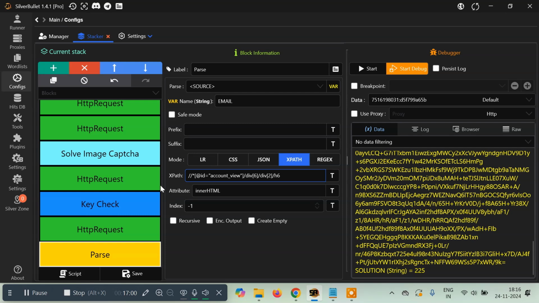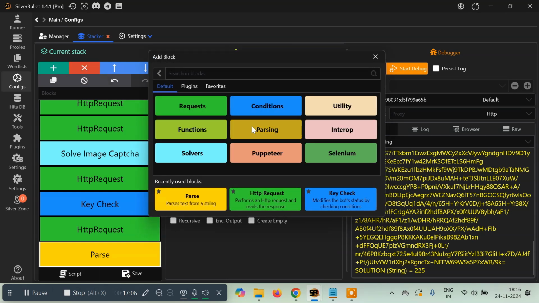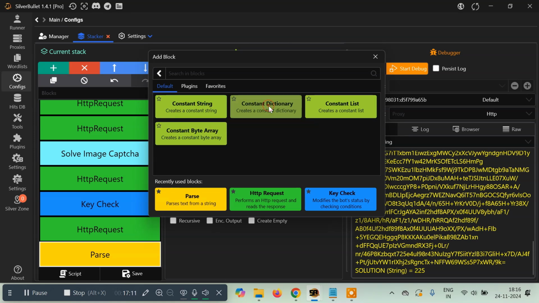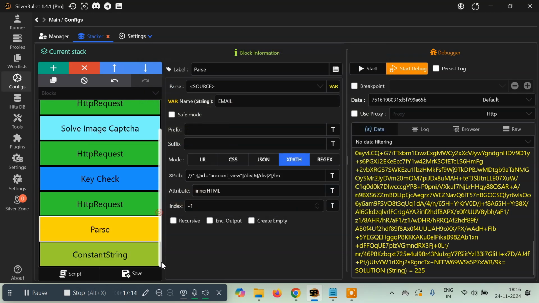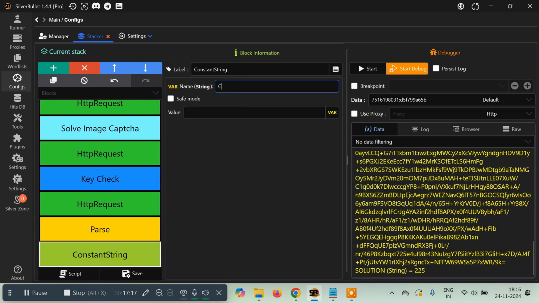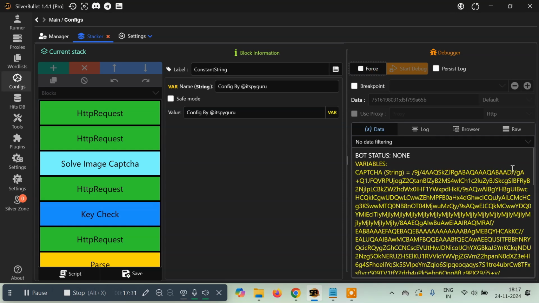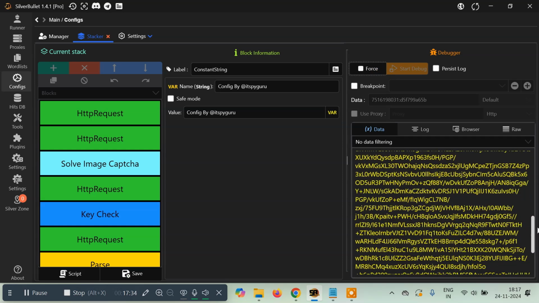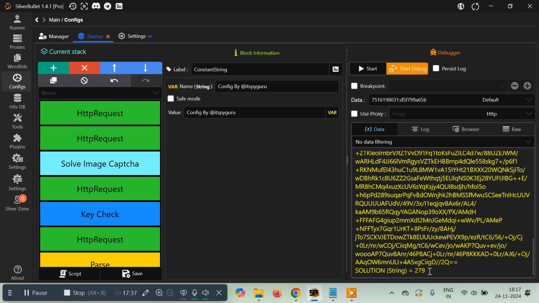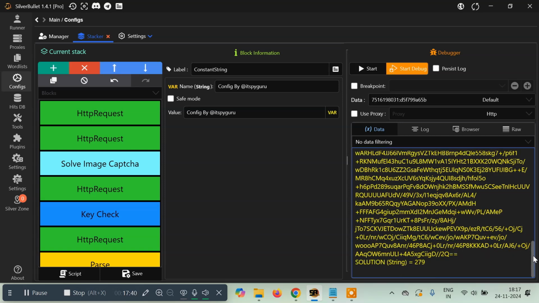Okay, so finally, if everything goes well, we'll just end it with a constant function. So a constant string, which is config by @it's pyGuru, copy and then paste. Now let's try a hit and run, and let's see if everything works out. So we have got the captcha. We have got the solution for this captcha, and